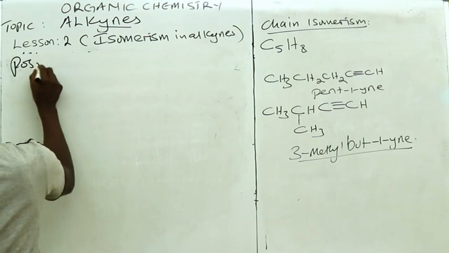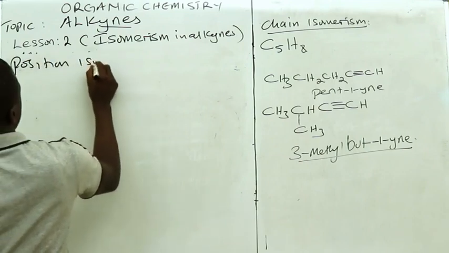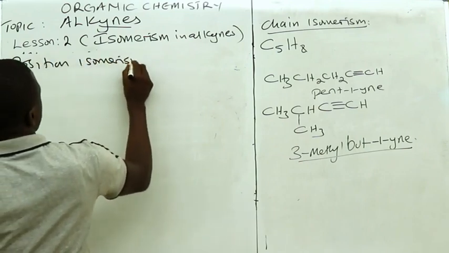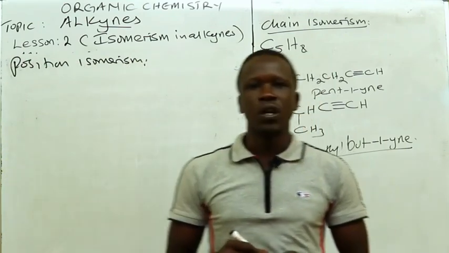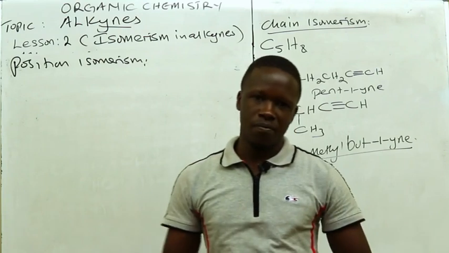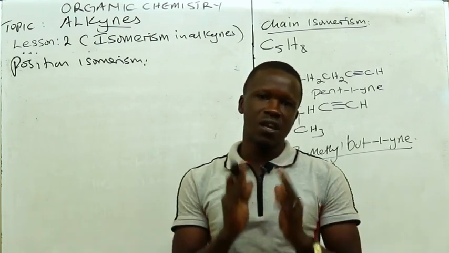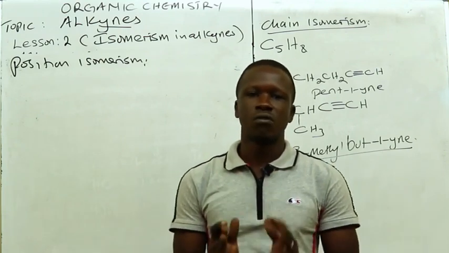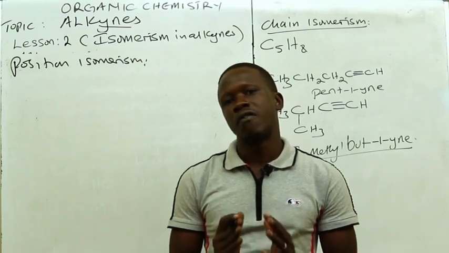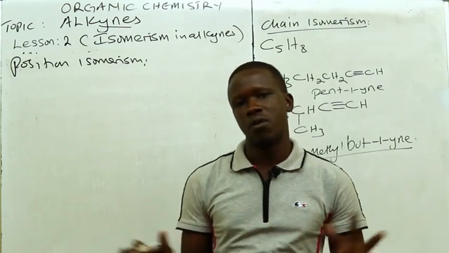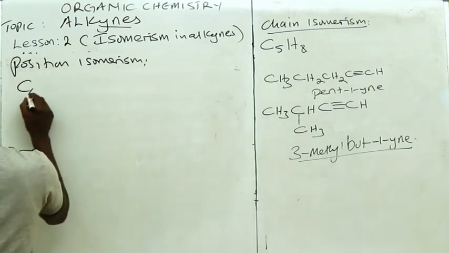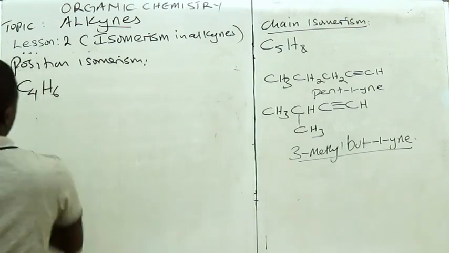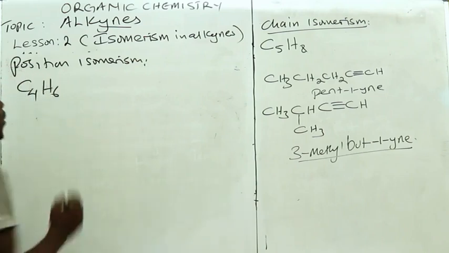Now position isomerism. We said that in this form of isomerism, the carbon chain is the same, but the difference is in the position of the functional group. And this time our functional group is the triple bond. So we are going to say that if we have a molecular formula, for example, C4H6,